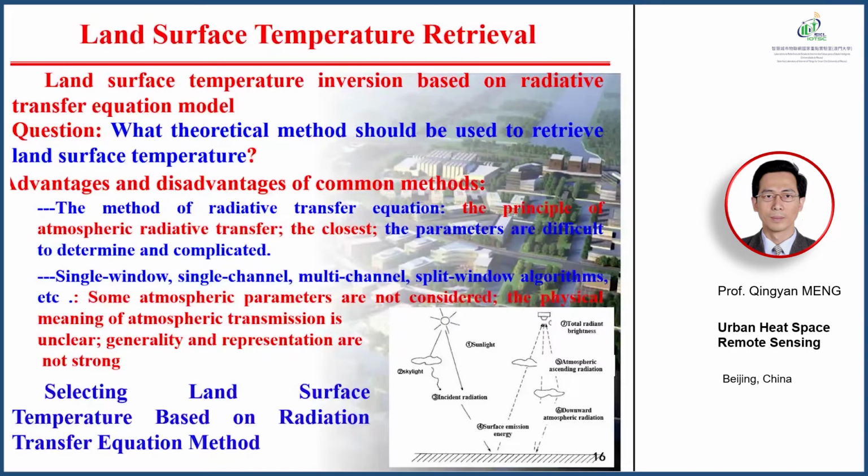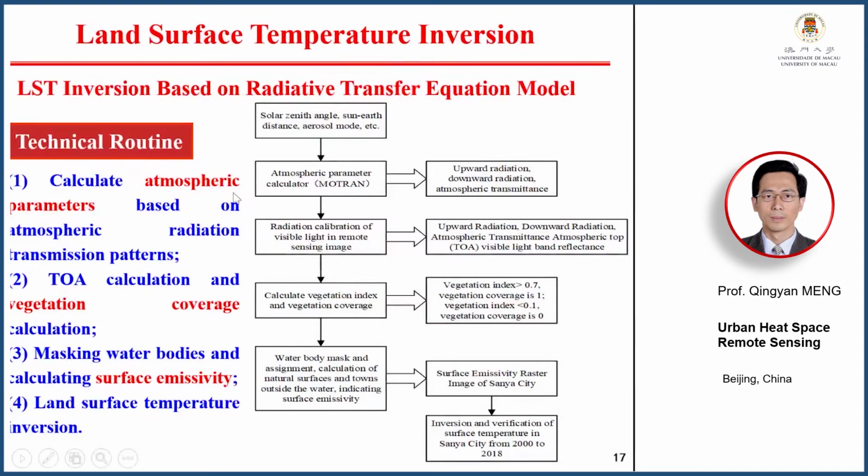I think there are many methods to retrieve the land surface temperature, and we selected to retrieve the LST based on the radiation transfer equation method. And this is some technical routine. First, calculate the atmosphere parameters based on some atmospheric radiation transmission model, and then calculate the TOA, and the vegetation coverage, and mask the water bodies, and calculate the surface emissivity, and then retrieve the